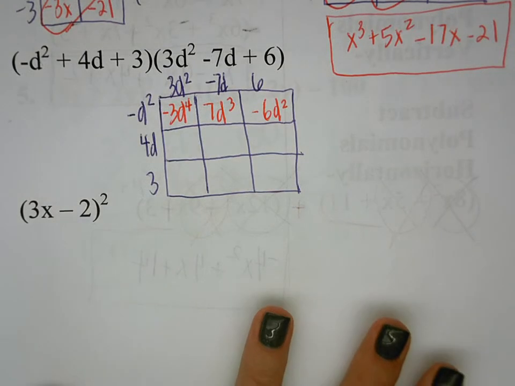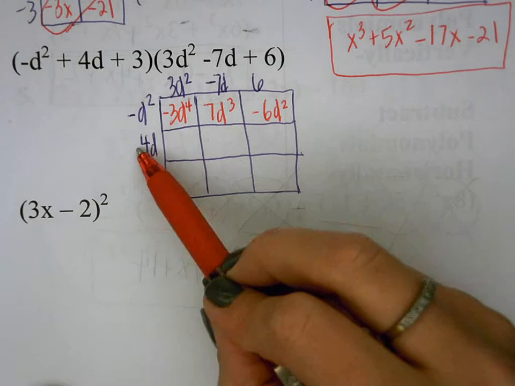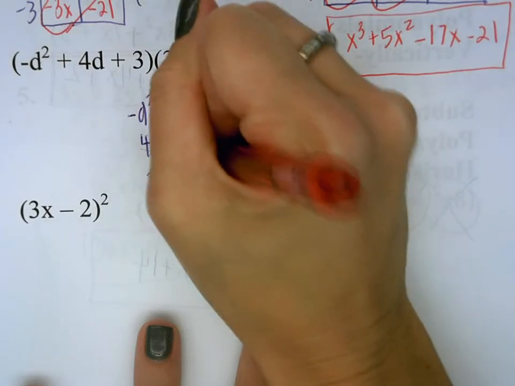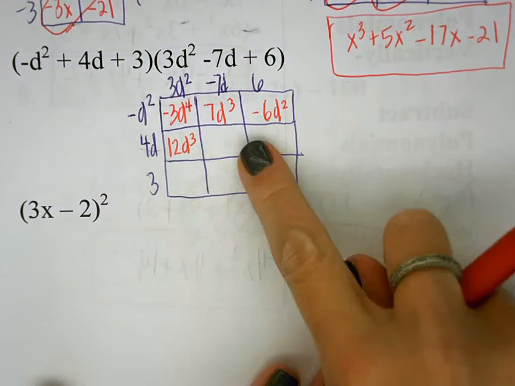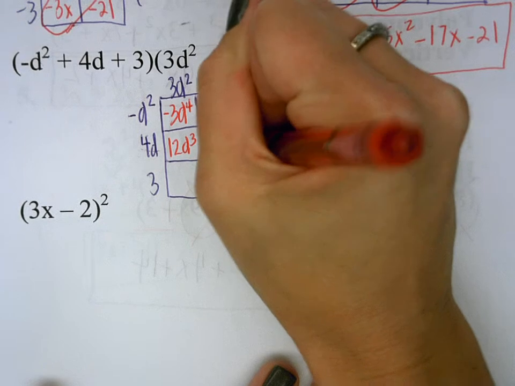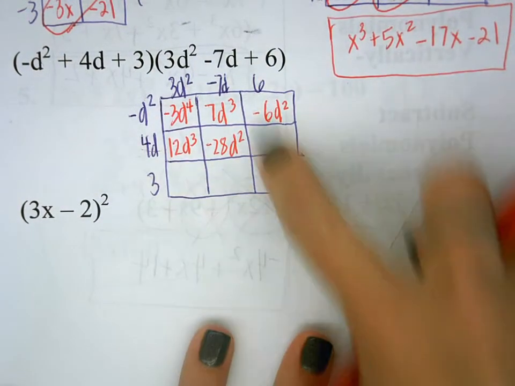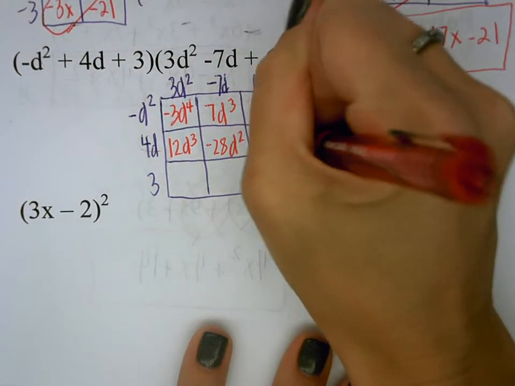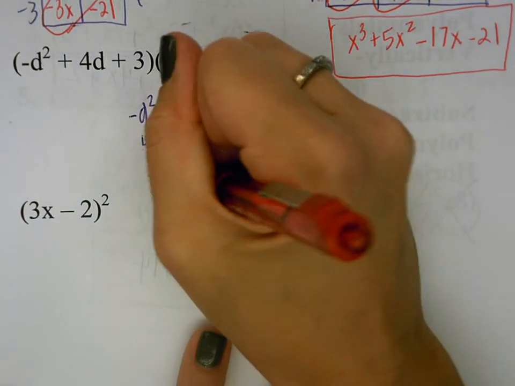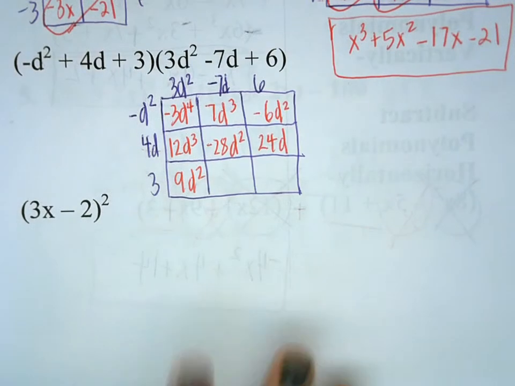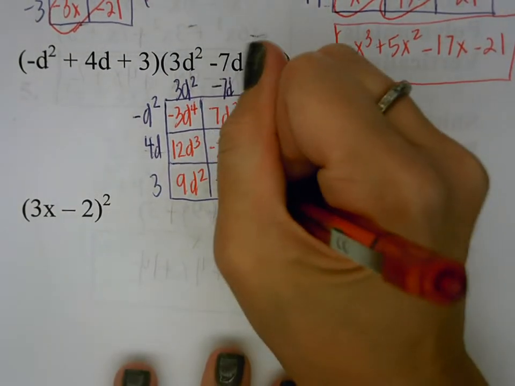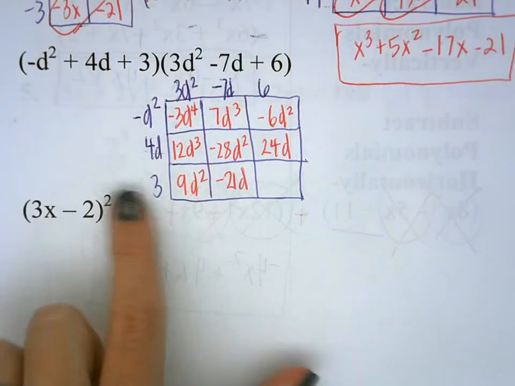Yes? Okay, next row. 4d times 3d squared is 12d to the 3rd. Good. 4d times negative 7d is negative 28d squared. 4d times 6 is 24d. Good. 3 times 3d squared is 9d squared. 3 times negative 7d is negative 21d. And then 3 times 6 is